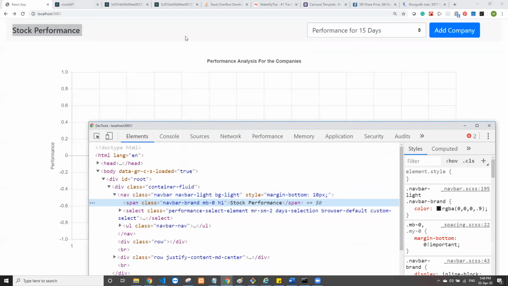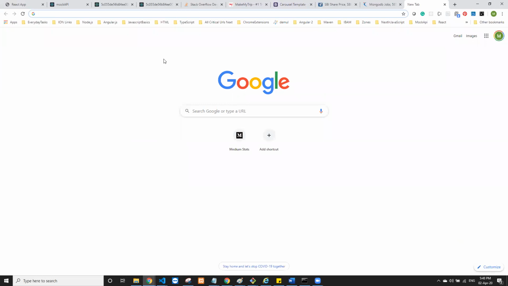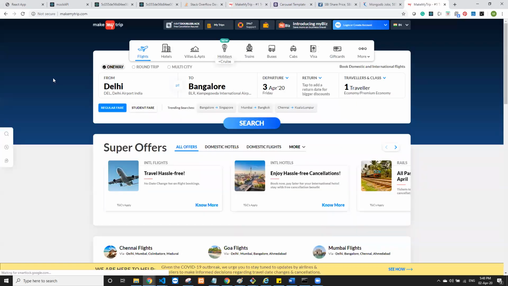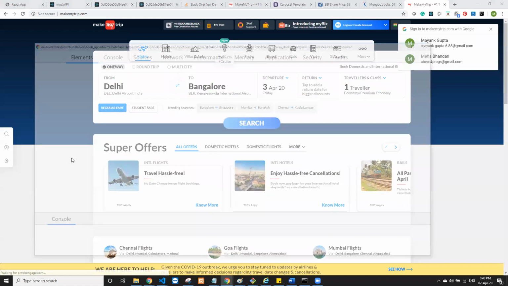So I can show you what is the current. This particular small application that you have, I can close everything. Let's look for an application, let's say, which is a good application. Make My Trip. Definitely all these applications have space-time complexities, and I can show you how to find that.